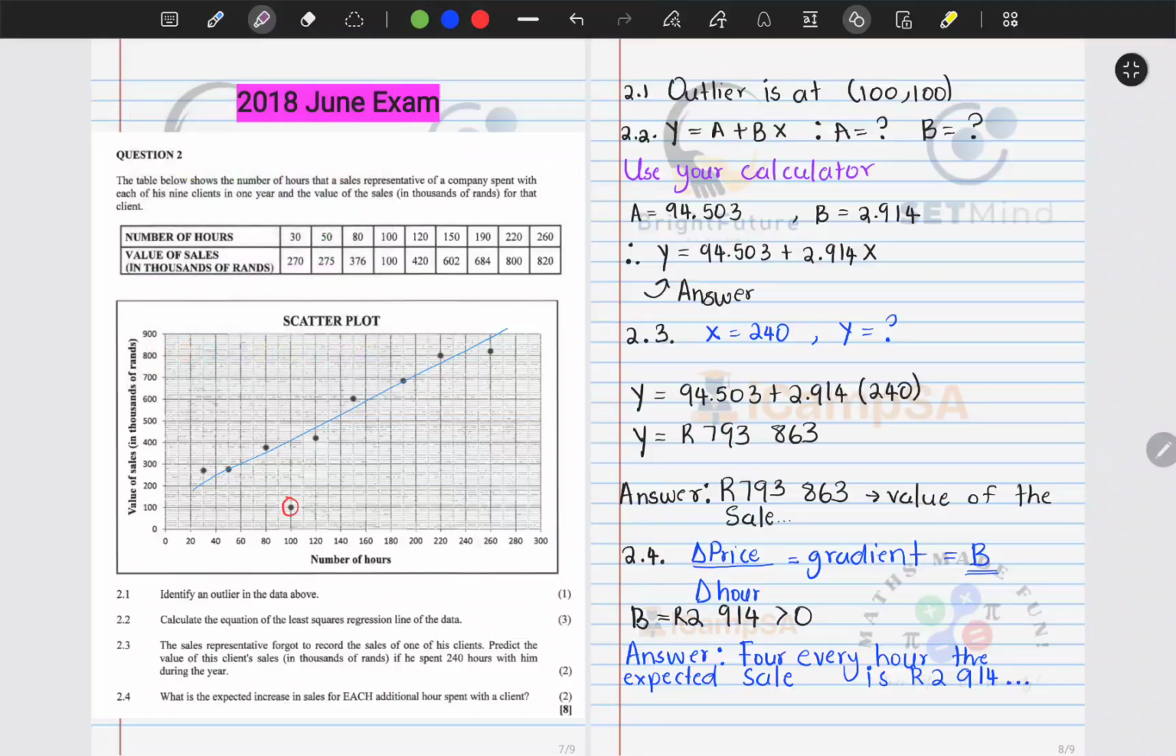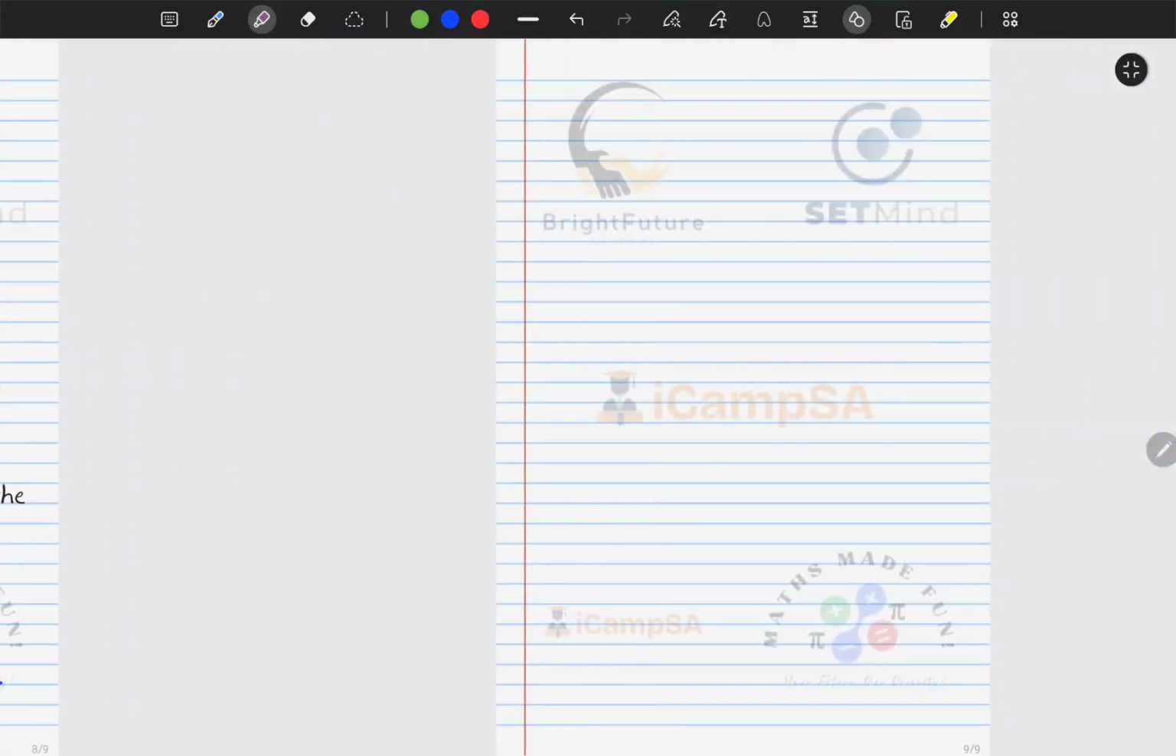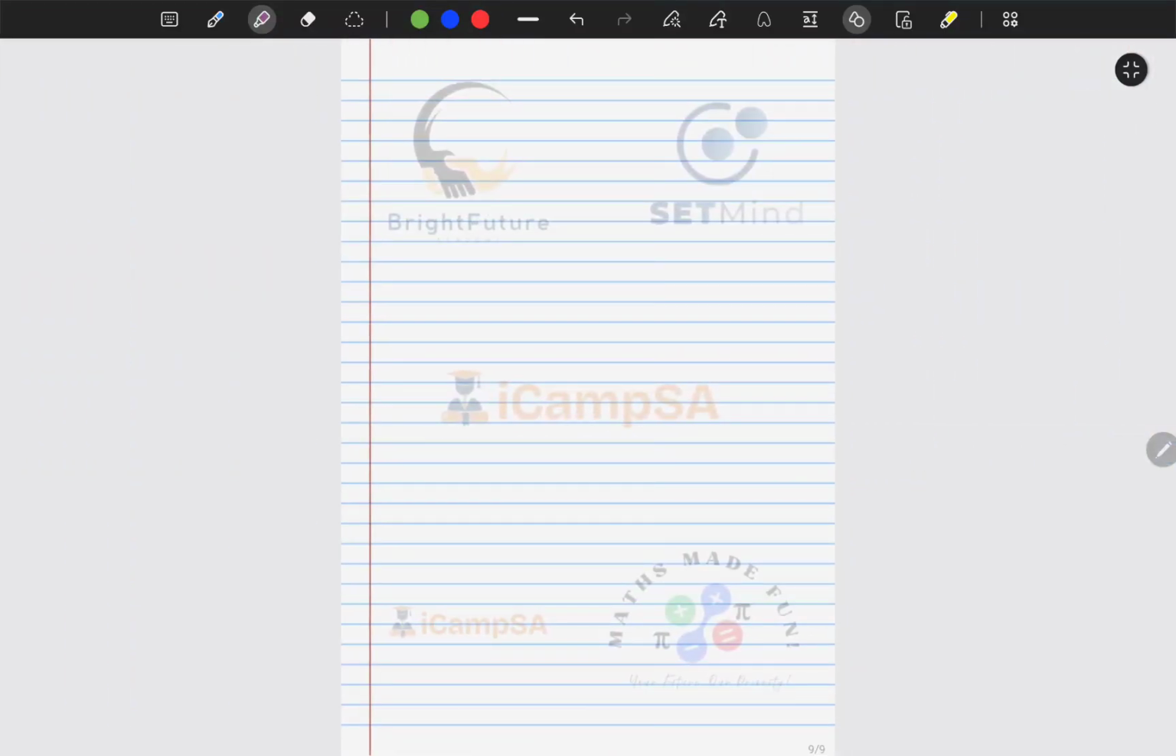Okay, so that is what we do expect, and this, guys, is what was expected to be done for this exam. So this brings us to the end of the question paper,